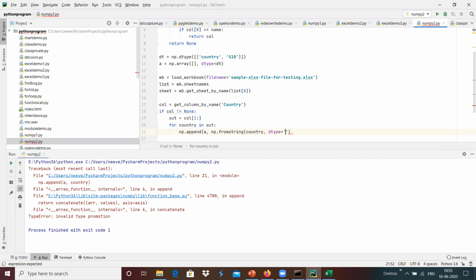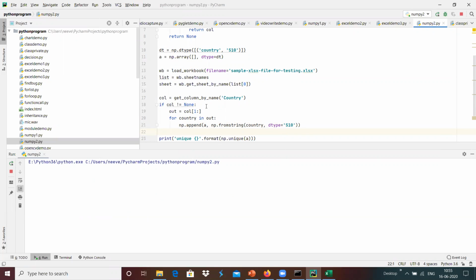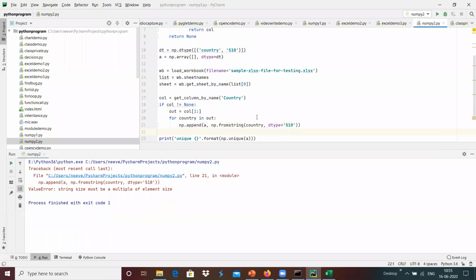Data type equals S10 over here. Now we can do string size multiple. Yeah, just a second.